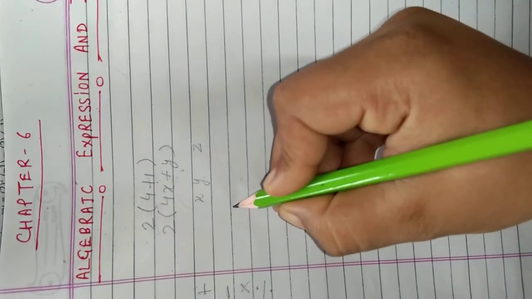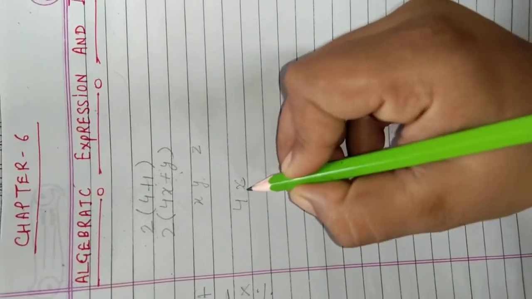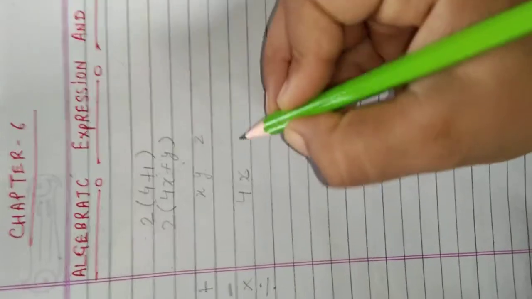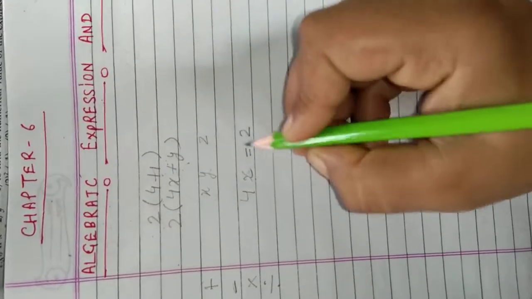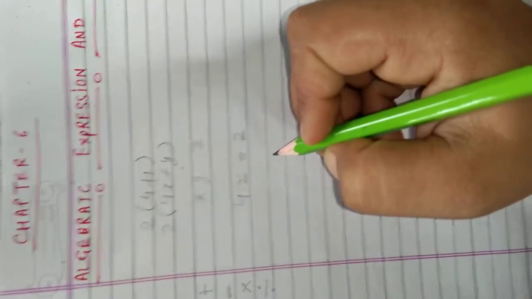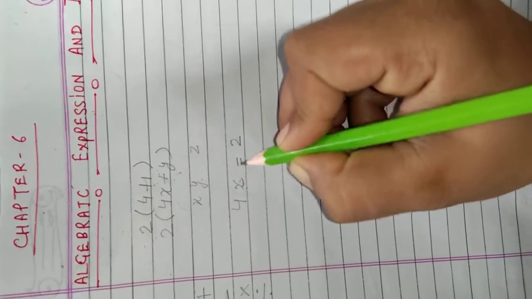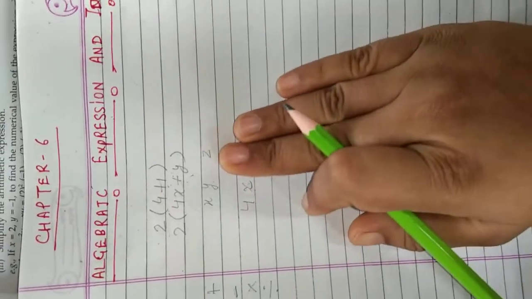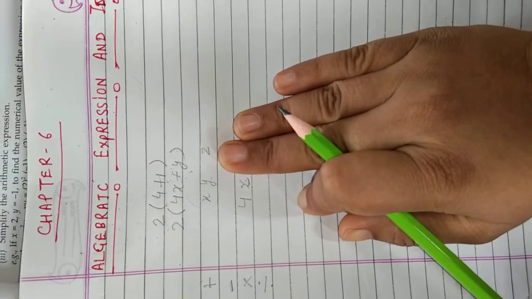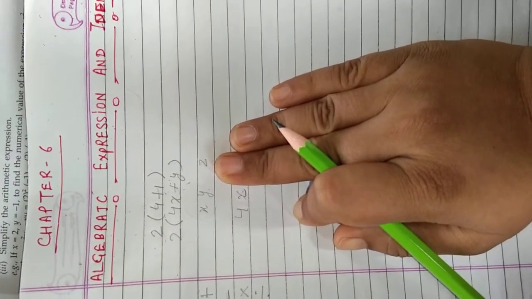And suppose that here is a 4x. Okay, 4x, it is also an expression. And now I can write here equal to. So now it becomes an equation because we use here an equal sign. And apart from this, if we write here 4x only, then 4x is an algebraic expression.